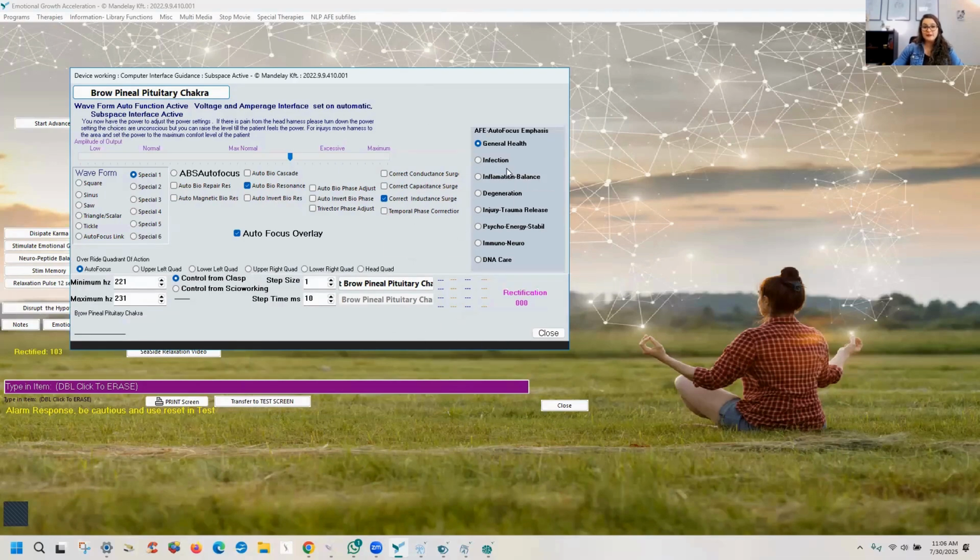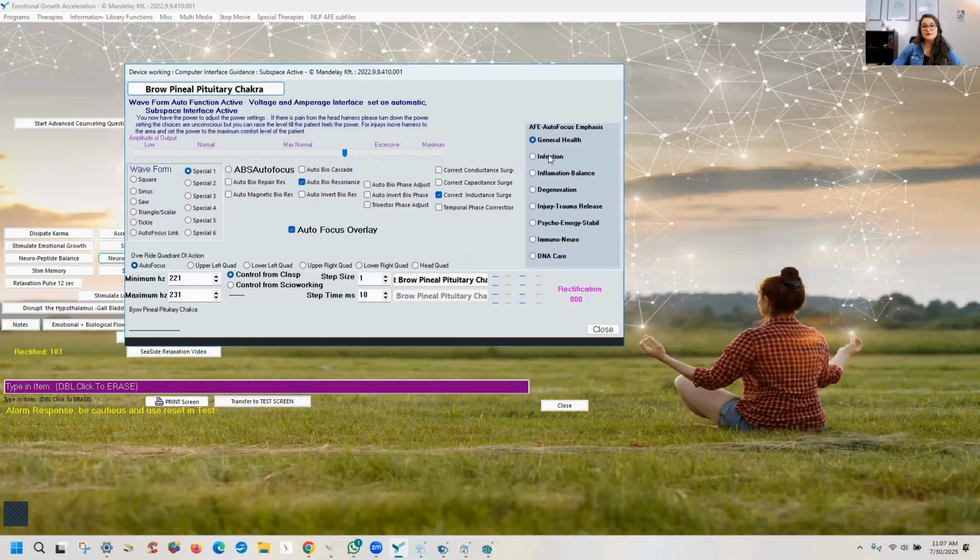But the good thing about this is that only when you're working in the AFE pulse do you have the freedom to select your focus here. Usually it's in general health, but if I already have clients who are dealing with a lot of infections all the time, and I'm always treating that, I will take advantage of this. And while we're working that, I will focus on the infection as well, or on the degeneration or the injury